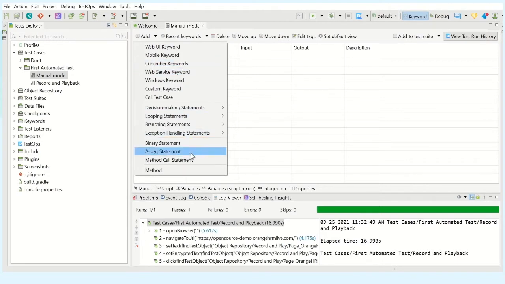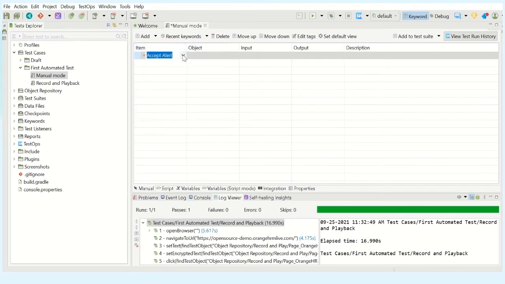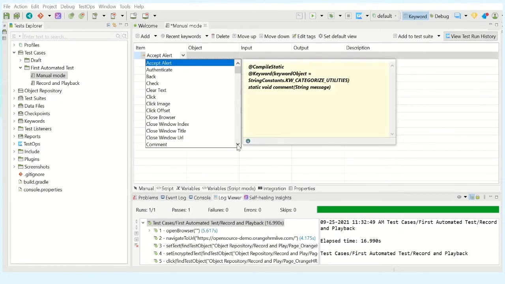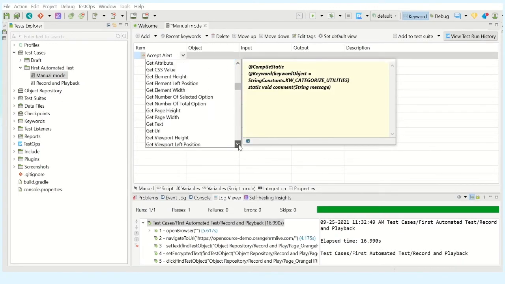Now you wanted to do operations related to web keywords. So choose web keywords, and here it will display the list of keywords. Here you have to choose that keyword which will open the browser for you. So there are a list of keywords which you can see, but how exactly will you remember all these keywords? Don't worry, you don't have to remember them at all. You just try to relate them with the simple English language which you wanted to use as per the context, and then you will find the relevant keyword. That's how it is actually prepared, which is very simple to understand. Don't have to worry about remembering all of them at all.